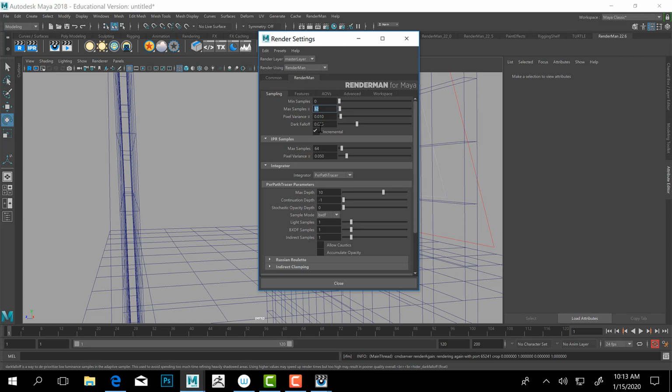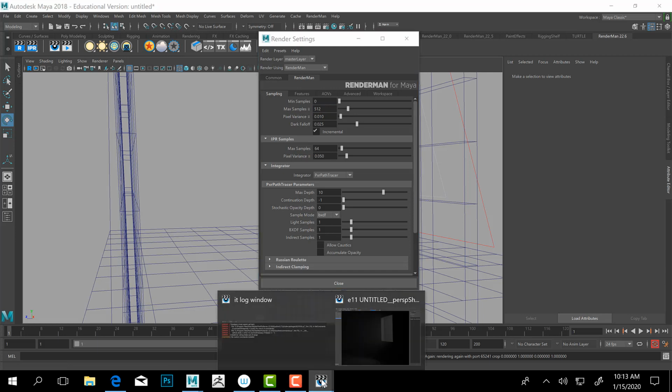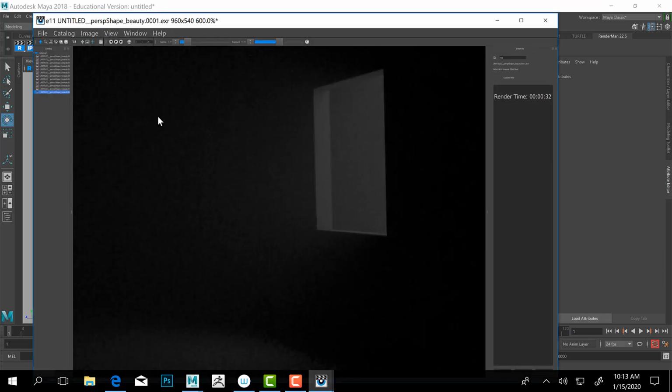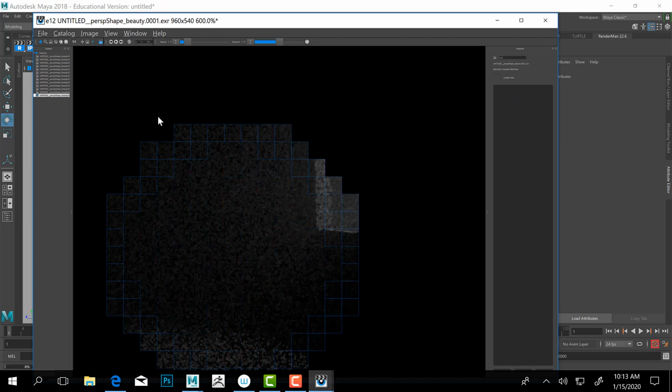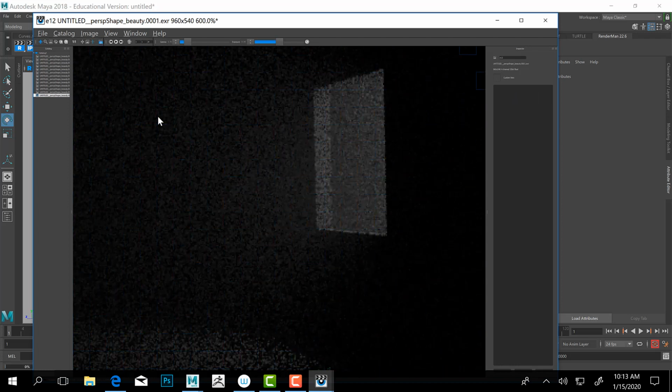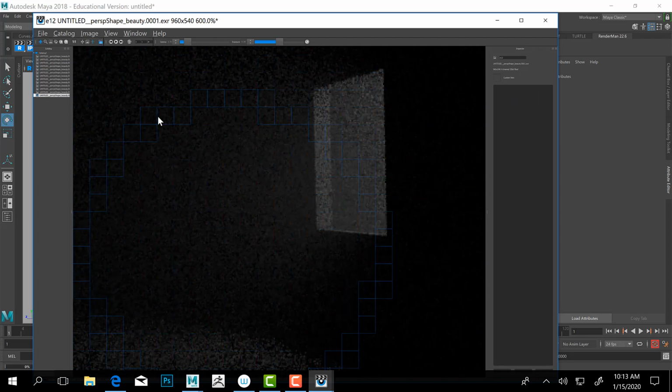You can infinitely add minutes onto your render, but if you're only going to get this much better in quality, is that really worth it? Probably not. But see, if I go to 512, you'll see that it's checking the light samples, it's going through,